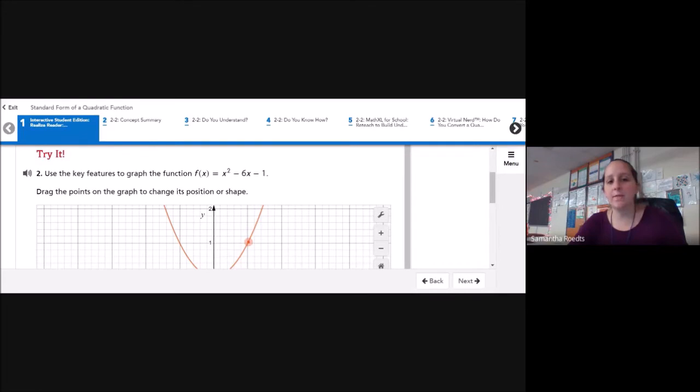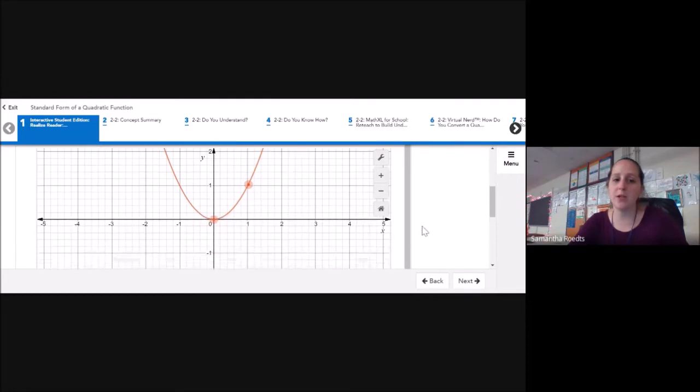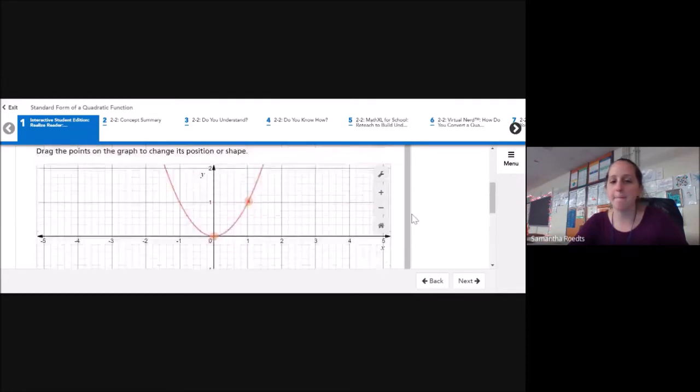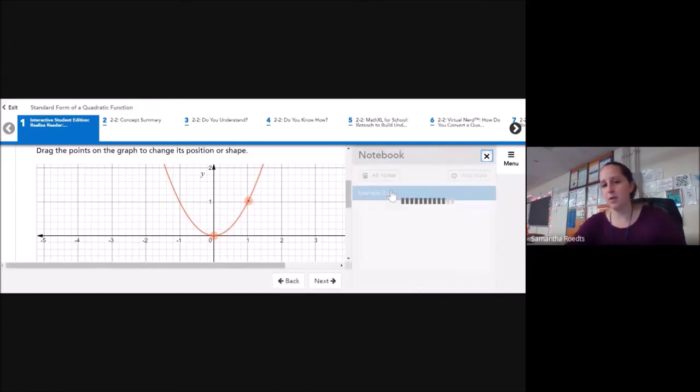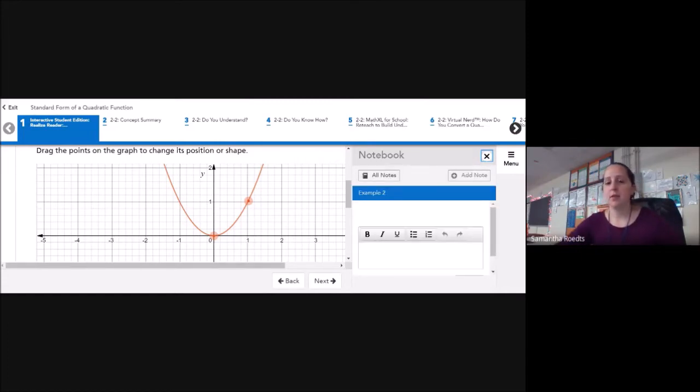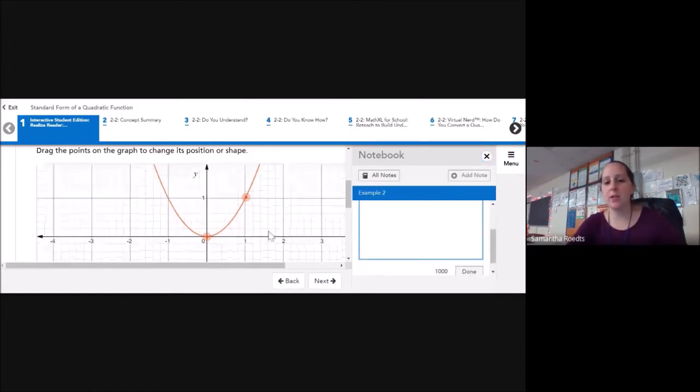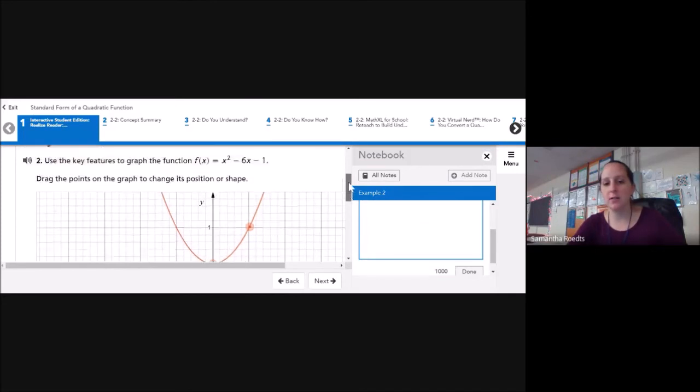So I want to use the key features to graph the function f of x equals x squared minus 6x minus 1. Drag the points on the graph to change the position or the shape. Let me go ahead and open this then. So the first thing that I want to do is I want to identify